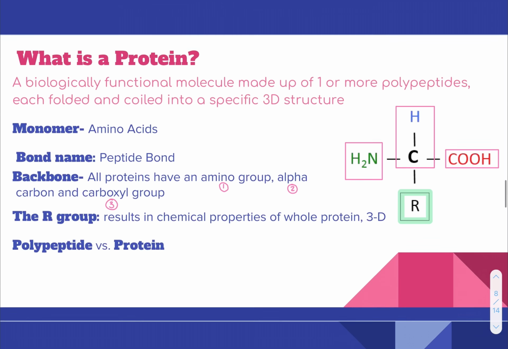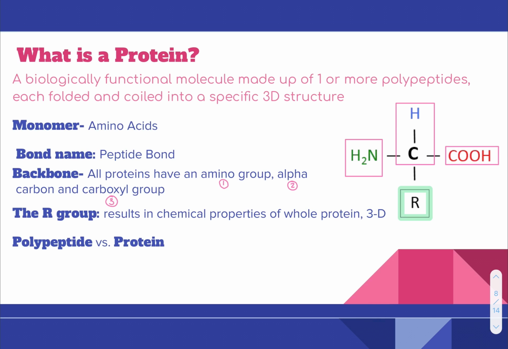So what is a protein? A protein is a biologically functional molecule made up of one or more polypeptides, each folded and coiled into a specific 3D structure. Their monomer is an amino acid, and their bond type is a peptide bond. The most universal thing about this is that they all have a backbone, which is made up of an amino group,